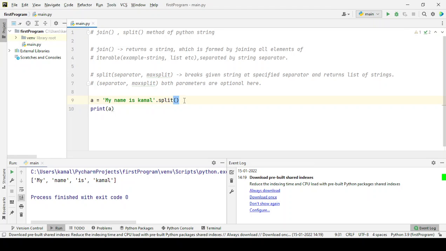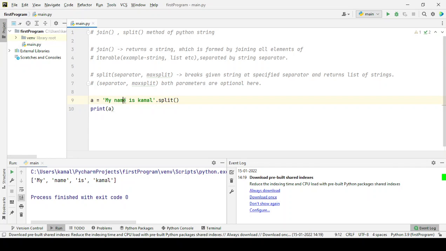Let's try to understand this split method with an example. Whenever we use the split method, we write a string and apply the split method on the string. In this case, the string is 'my name is Kamal', and we are using the split method here. The first scenario is when we do not pass anything inside split. So by default, it takes space. So it will split this string at spaces, like here, like here, like here.